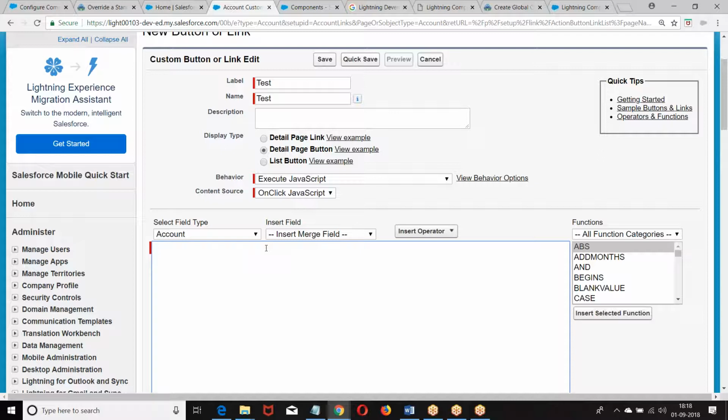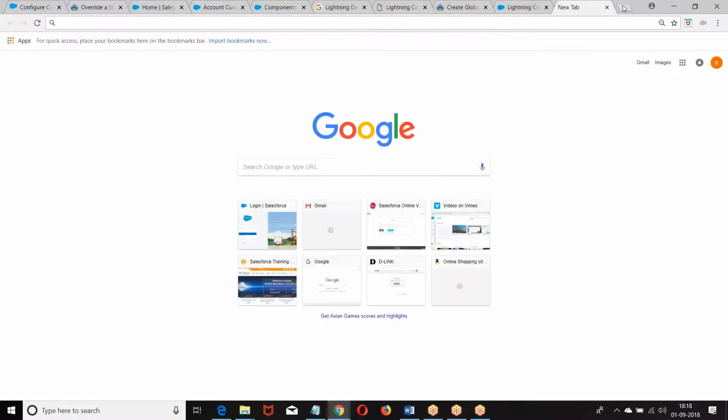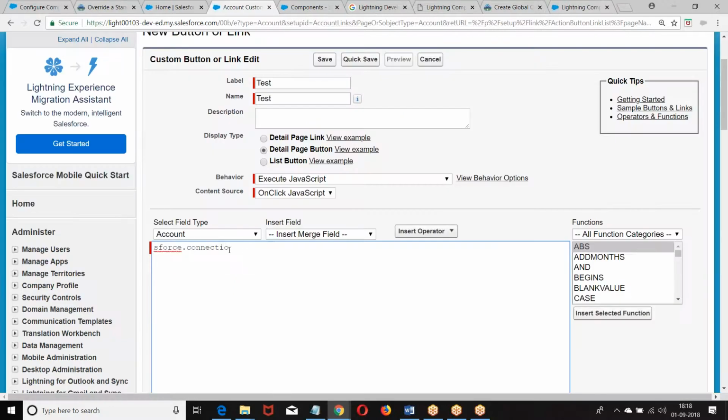In the Ajax toolkit, we have sforce.connection.login, sforce.connection.query, sforce.connection.update. We remember that functionality, right? That functionality I'll be defining here. So when I click on this button, I want to say sforce.connection. But before that, we need to give. Okay, let me not wait. That sforce.connection.